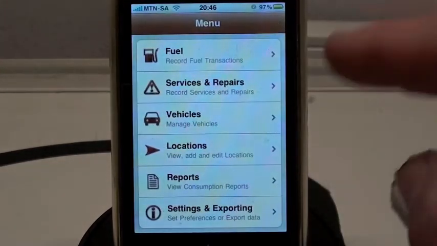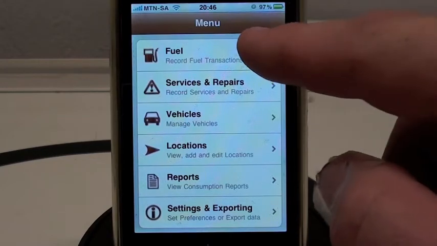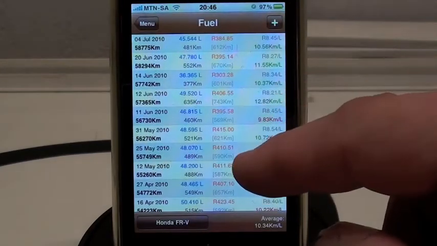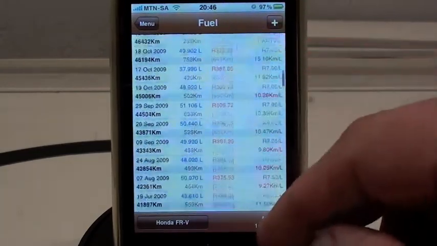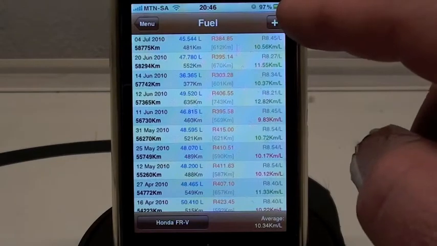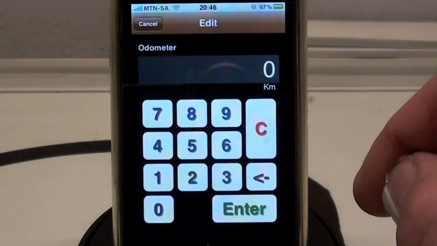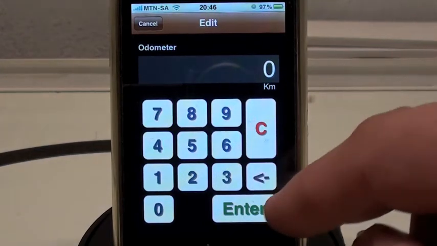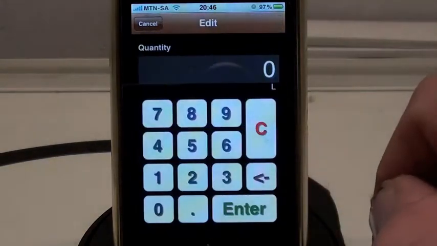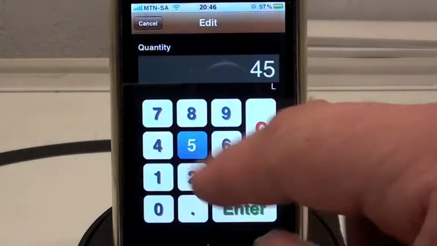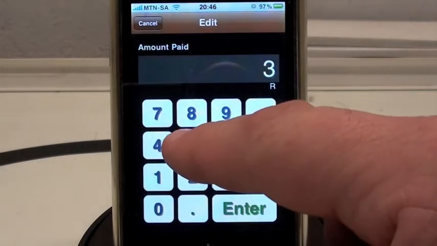Once you've added vehicles, you can go ahead and add fuel transactions for this vehicle, typically done whenever you refuel. You go to the fuel items. Now this has already got a whole list of fuel records that I've added for this vehicle. To add a new fuel record, you simply tap on the little plus button. It automatically jumps to odometer entry. You give it the odometer at the time of the fueling, the amount of fuel you entered, the amount of money you paid for the fuel,